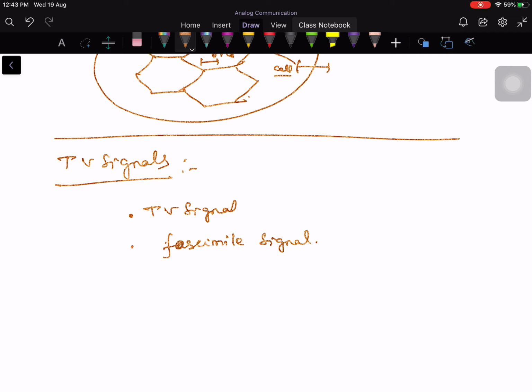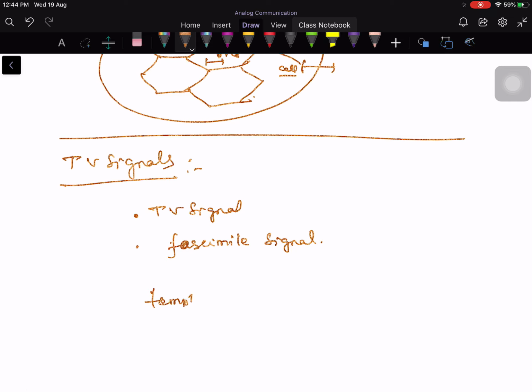As I said, you have to first convert the picture into an electrical signal, which will be done through a TV camera with an optical lens system, which captures the picture and then converts it into an electrical signal. This signal is a two-dimensional signal. It has two spatial coordinates. But ultimately, what I'm going to transmit is a time signal. So I will convert this spatial information into temporal information. When I say temporal, what I mean is related to time.